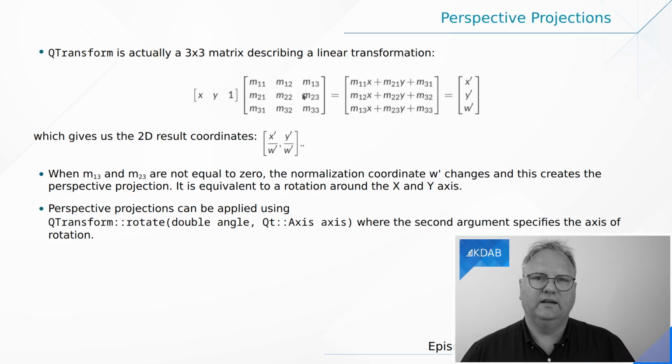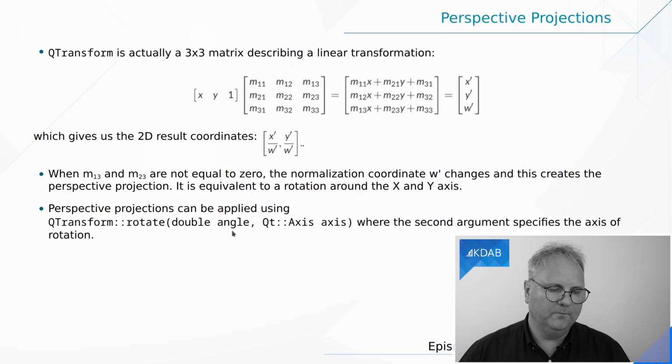You saw the QTransform taking 6 coordinates, the constructor takes 9, and here is the operation. You have the x, y coordinate, and you multiply that with this matrix. It gives you this, which we all remember from our good old days when we did matrix multiplication by hand. And it gives you an x and y translated, and then a w, and that gives you this 2D result that gives you the feeling of something being closer to you, despite that it's of course still only in 2D. If you want to do this and you are not as brave as setting up this matrix here, then you can actually just do it with a rotate.